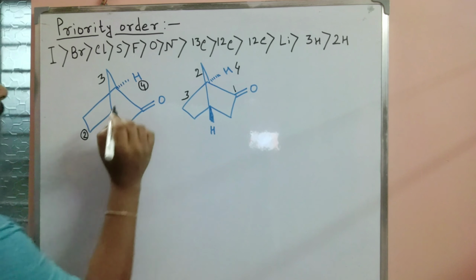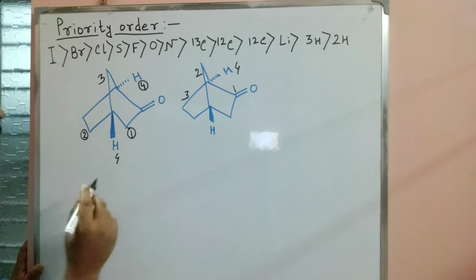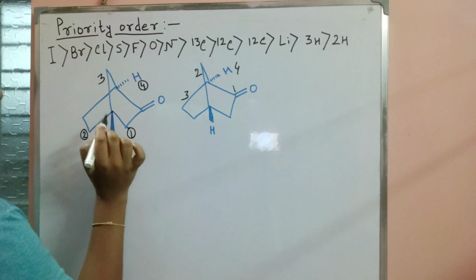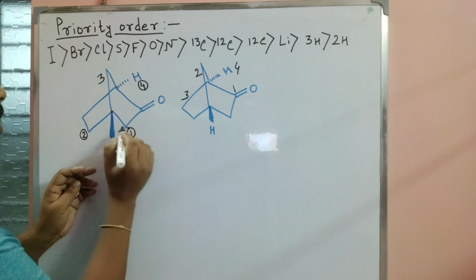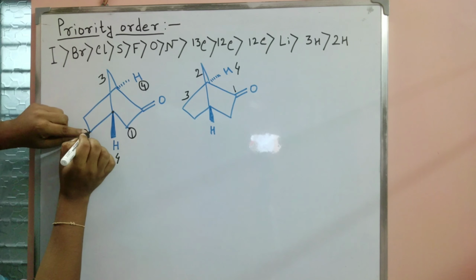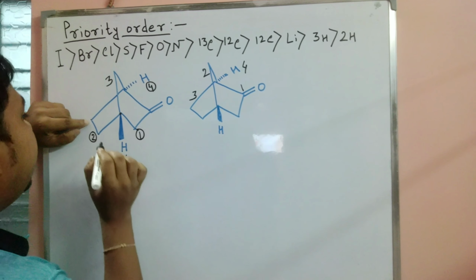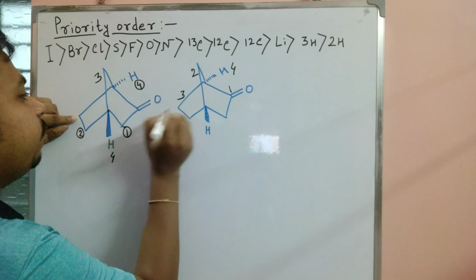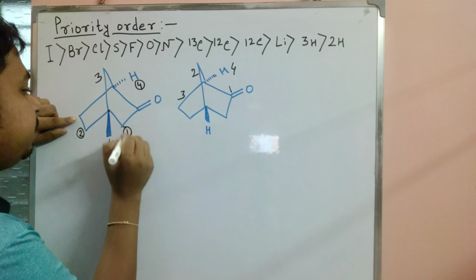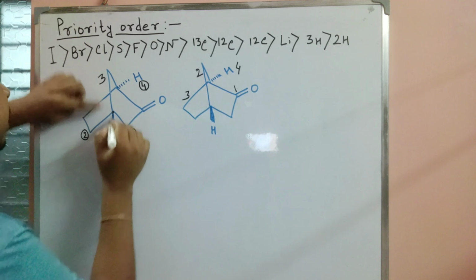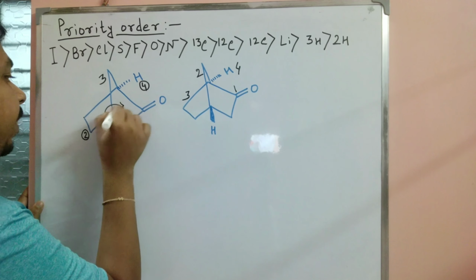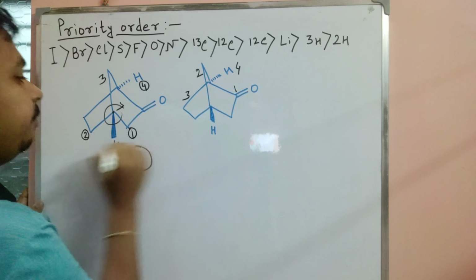In that example, 2 stereo centers are present, one here, one here, but at first we consider this stereo center. When we go right side, one carbon, and when we go left side, one carbon. Then going from this carbon to this carbon, no group is present, but an oxygen group is present. Due to this oxygen group, this carbon center is priority 1 and this side is 2, then 3 is there simply, and hydrogen is 4. So the rotation is clockwise, so the R configuration.